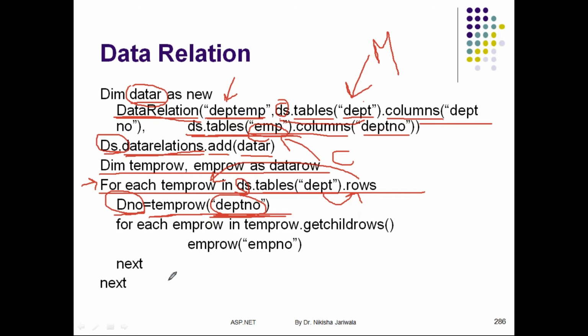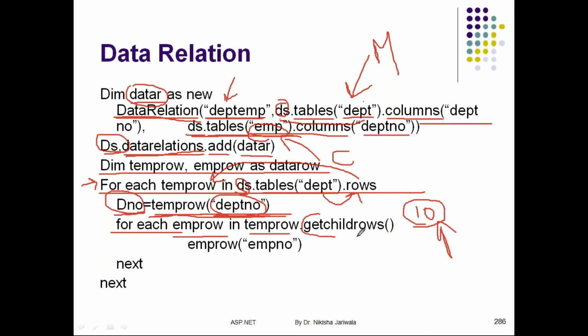Now after that, according to this tempRow which is retrieved, I want to access its child rows, that is the rows of the employee table. Means if the first row contains the department number 10, so this tempRow DEPT-NO will contain the department number 10. Now what I want to do, with the help of the second for each loop, I will retrieve all the employee records that are of department number 10, right? So for that purpose, again I will iterate a for each loop. I will use empRow in tempRow, right, dot GetChildRows.